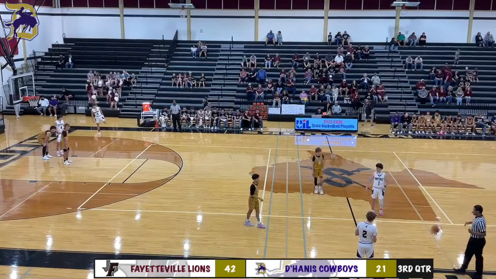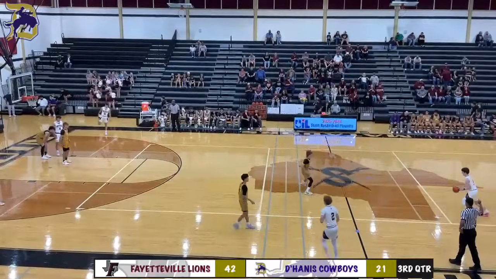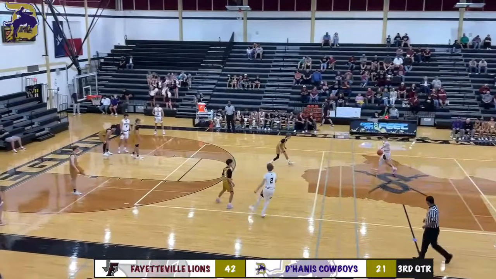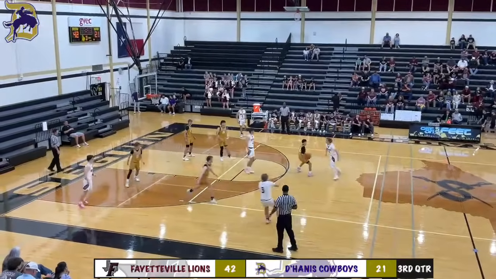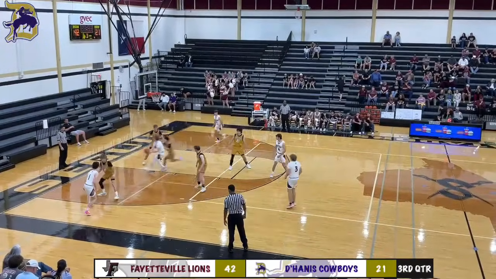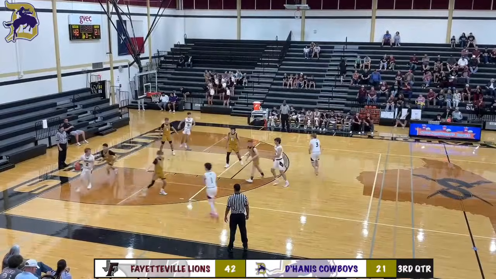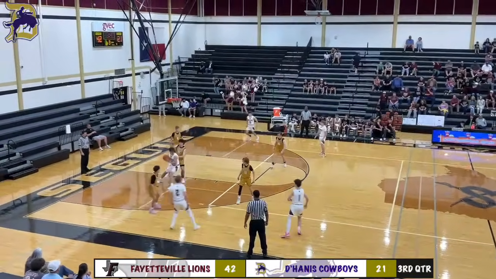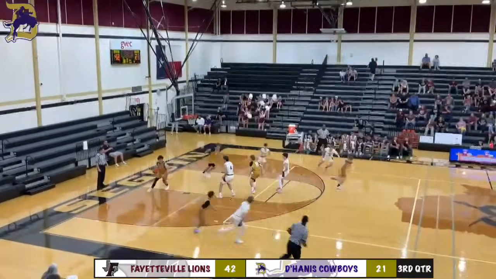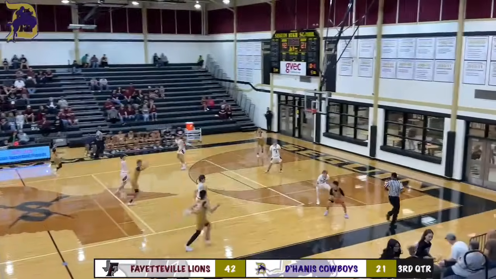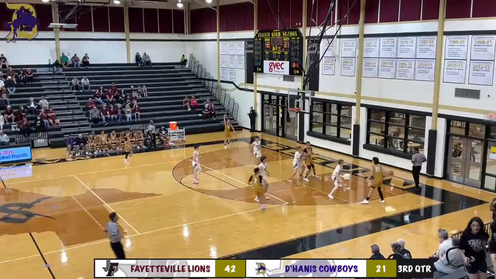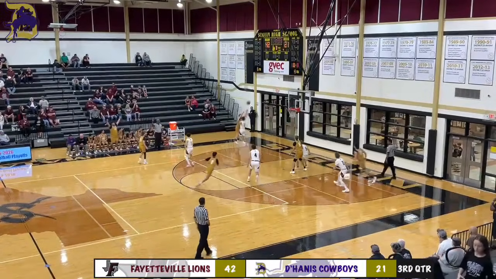Back on the floor for your Cowboys: Number 2, Josiah Rodriguez. Number 5, Case Braden. Number 10, Cannon Zachary. Number 11, Evan Kraft. And number 21, Jackson Cross. Fenhaus passes the ball down low to Schmidt, and then stolen by Cross. Cross to Rodriguez. Back to Jackson Cross. Cross-court pass to Zachary for 3 in the corner.